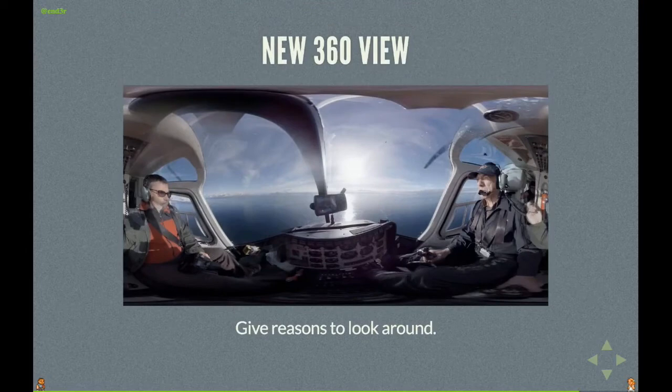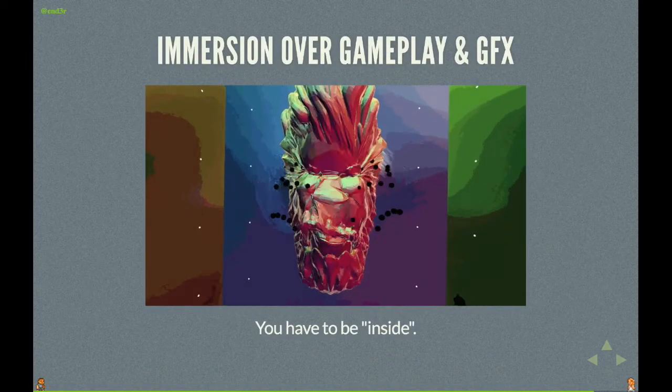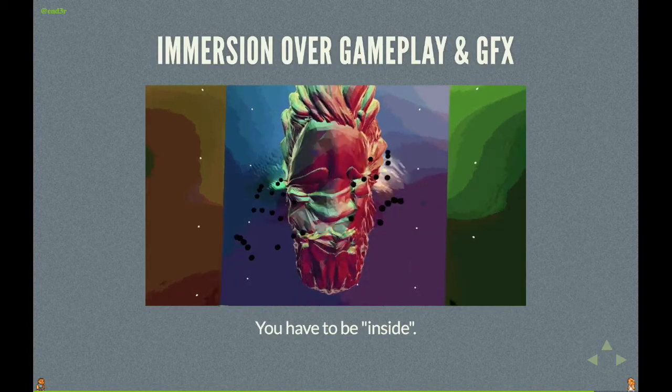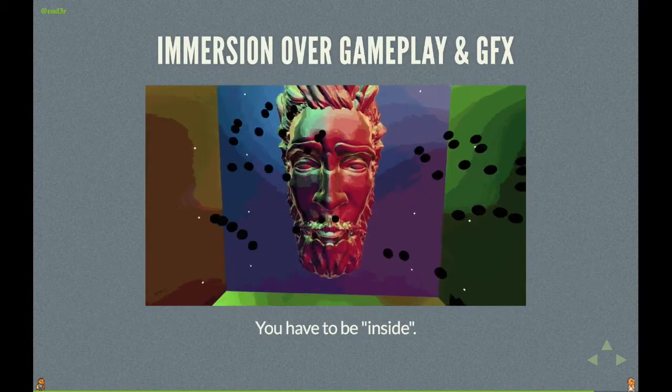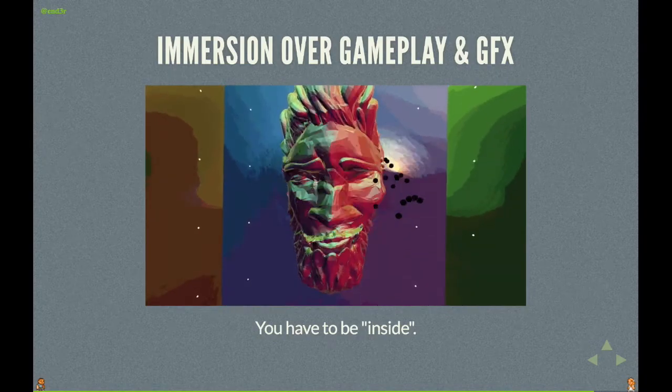So it was good to mention that at the beginning, and then when they learned, it was natural for them. So one thing we learned was that you don't need good graphics. You don't even need good gameplay, because the feeling of being inside something was the most important thing, because